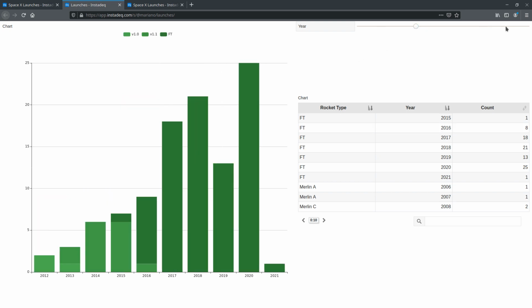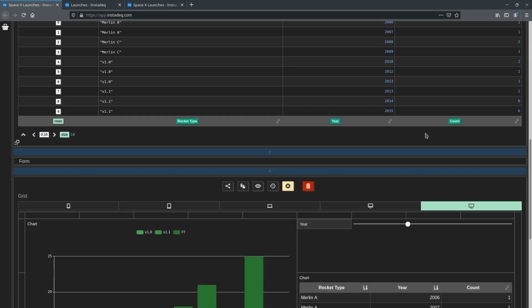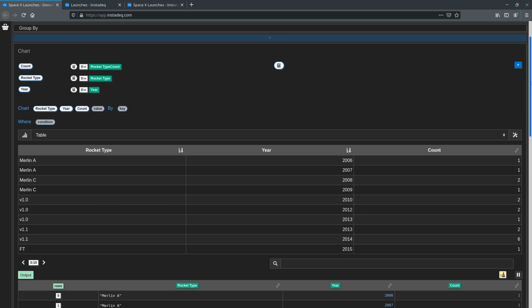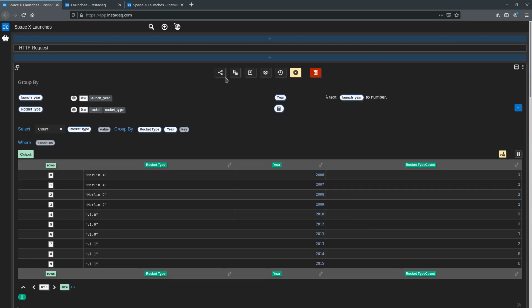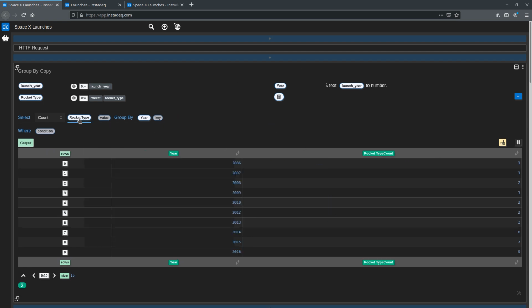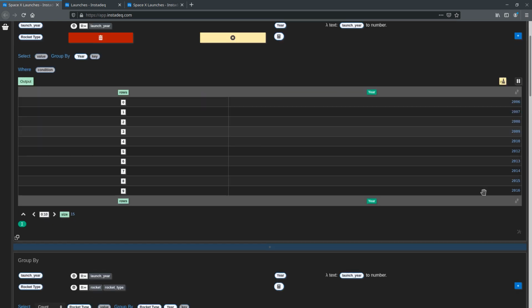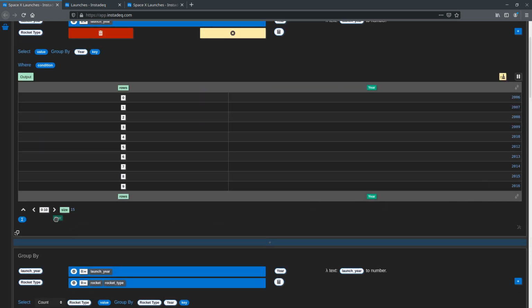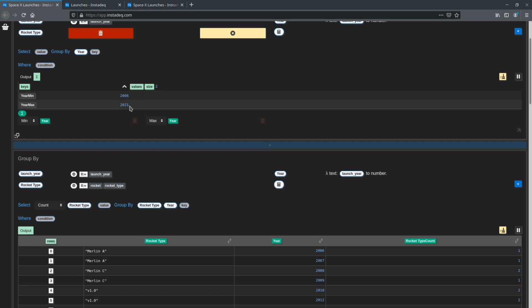the limits of the range are hard coded. So let's go back here, and what we are going to do is I'm going to clone this group by, and I'm going to remove some stuff because I only want the list of years, which now I have here, and I want to calculate the minimum as a summary and the maximum. So now here we have the minimum year and the maximum year, but this is dynamic and calculated based on